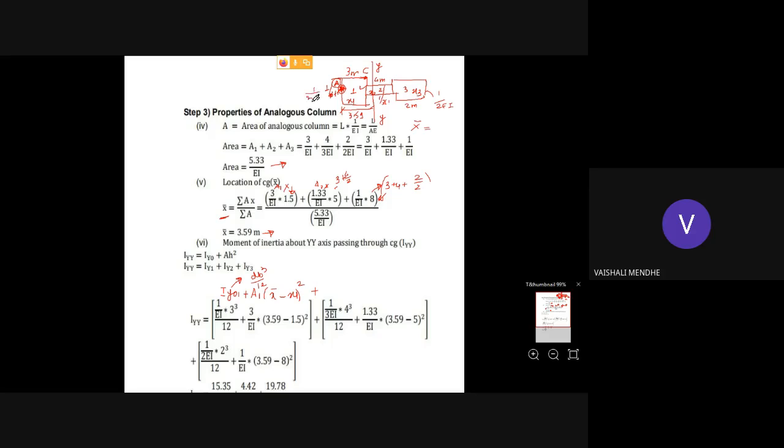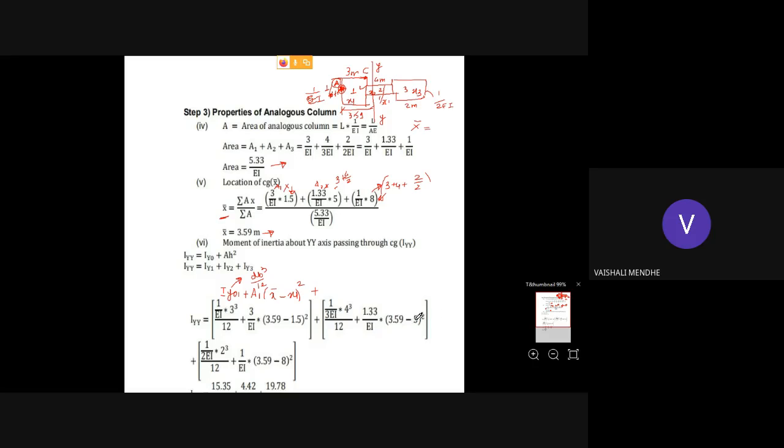D is 1 by EI, D is 1 by EI, and B is how much? It is 3, so 1 by EI into 3 cube by 12 plus area into x bar minus x1. x1 means CG of the first rectangle, so the CG of the first rectangle is 1.5, so this will be the first plus IY2, again IY02 plus A2 into x bar minus x2 whole square, so A2 is area of second into